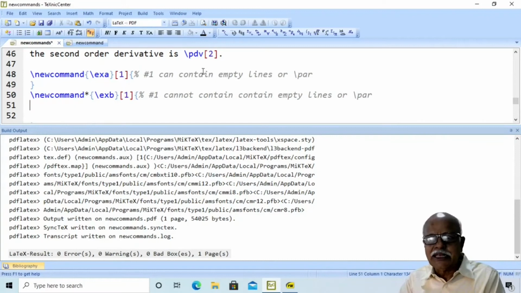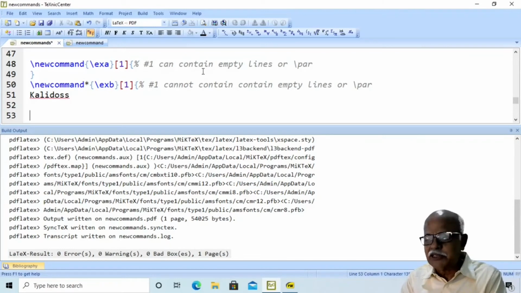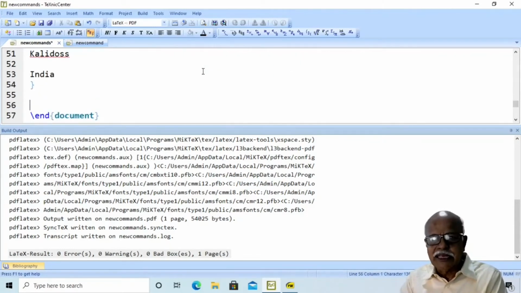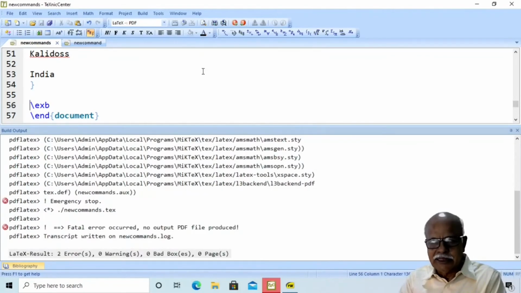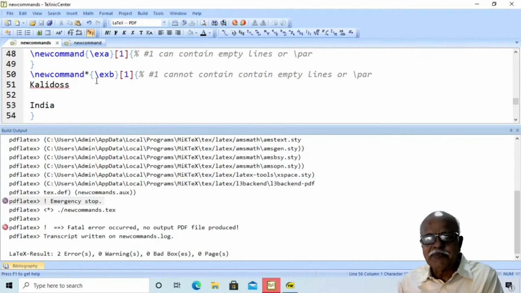Let us say by \exb, I give a line space and then type India. And then here we say \exb. This will produce an error because \newcommand* cannot contain empty lines.